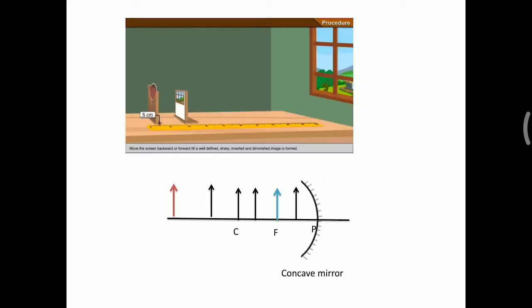Now you understand how to draw a ray diagram for different formations of images. In a concave mirror, you have to draw a concave mirror first. Then you mark the pole, focus and center of curvature. Then see the position of the object. The object must be placed in front of the mirror. In front of the mirror, we can keep the object at 6 different positions: from infinity, beyond center of curvature, at C, between C and F, at F, and between focus and pole.